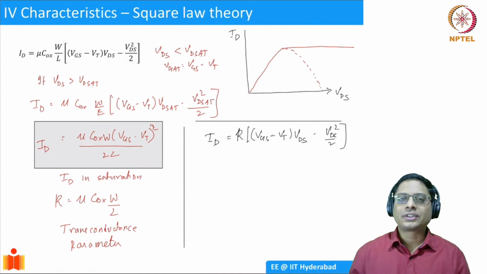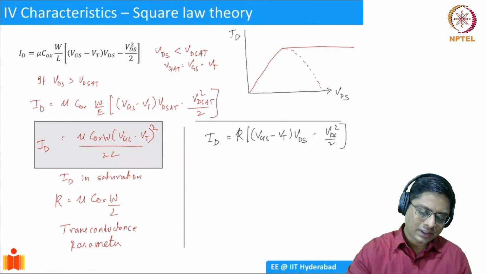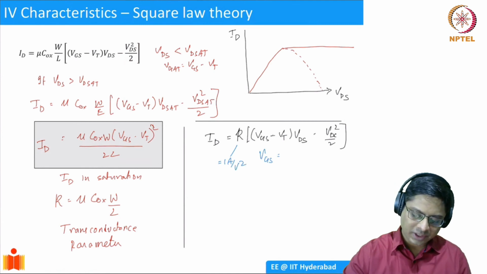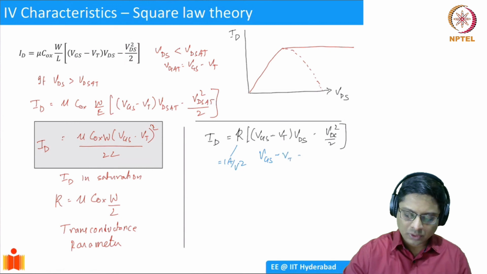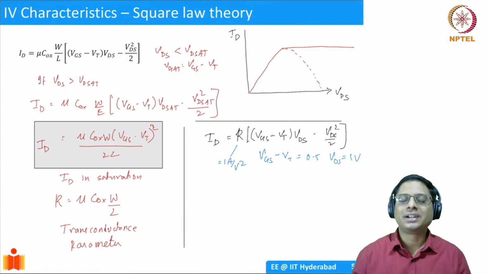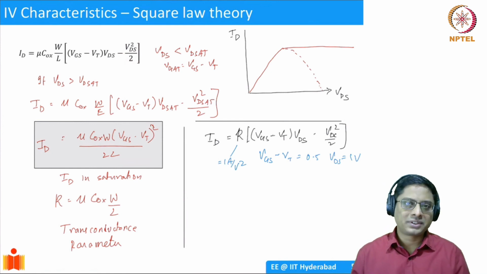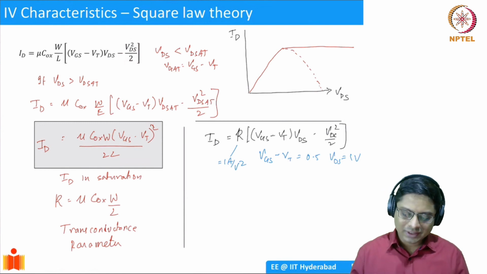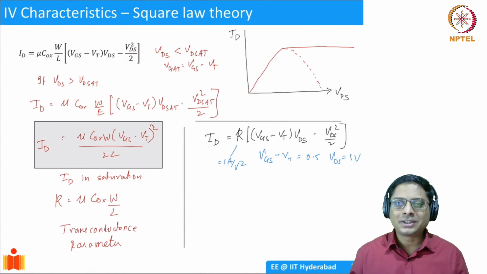You know this expression, we have studied this now. So I'll ask you to calculate the drain current when, let's say, kappa equal to 1 amps per volt square, VGS minus VT equal to 0.5, VDS equal to 1 volt. I'll give you this expression, then I'll ask you to calculate. Many a times, whenever I teach a course of, let's say, 50 students or 80 students, at least there will be 5 to 10 students who will do this.